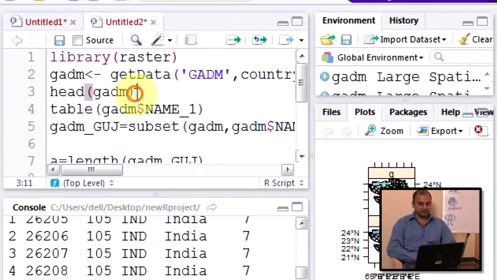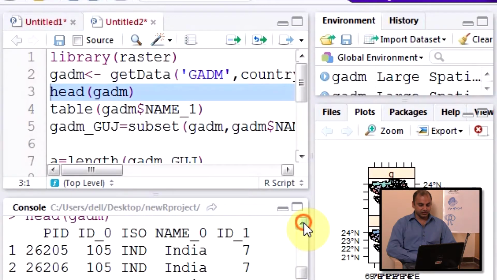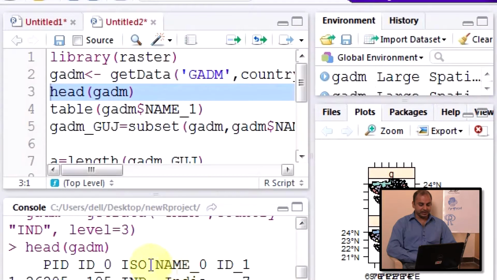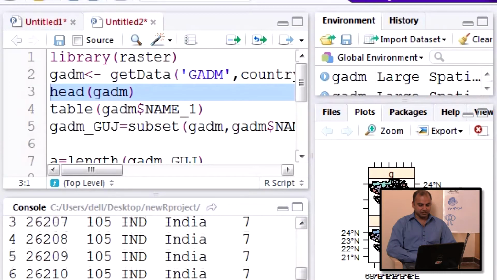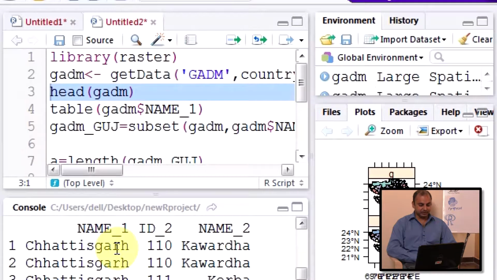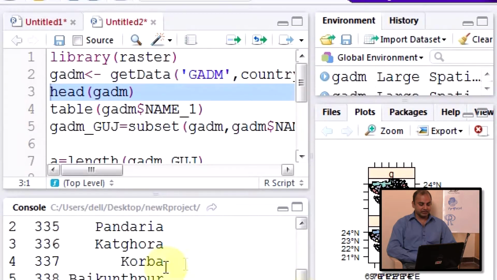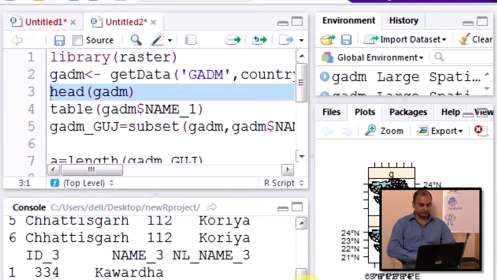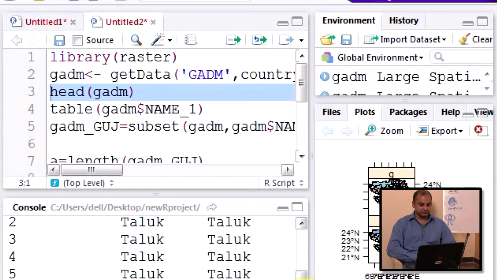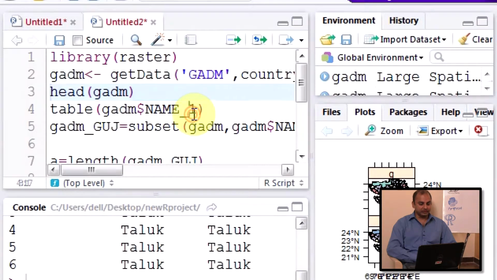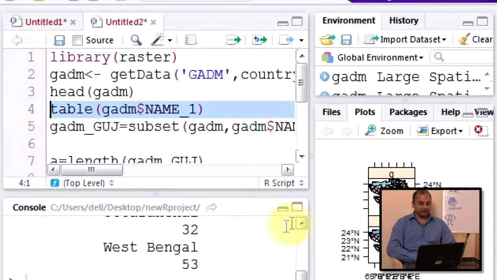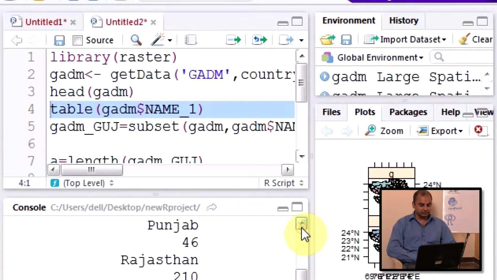Once you do that, if you do a head of GADM, you will get PID, ID, ISO, name, but you will also get the state name underscore 1, name underscore 2, which is the district, and this finally is the taluk, right?